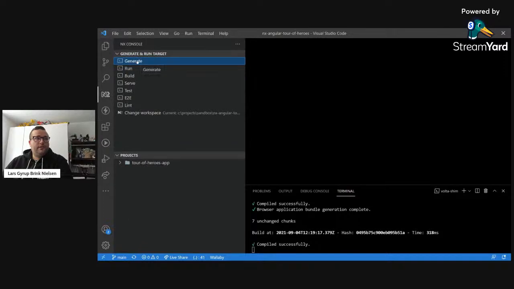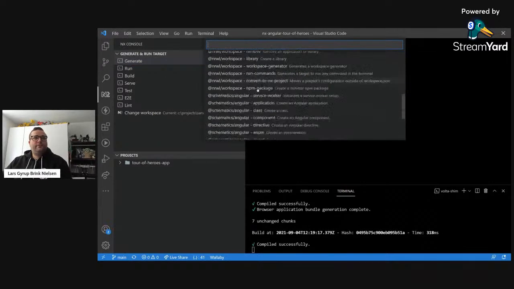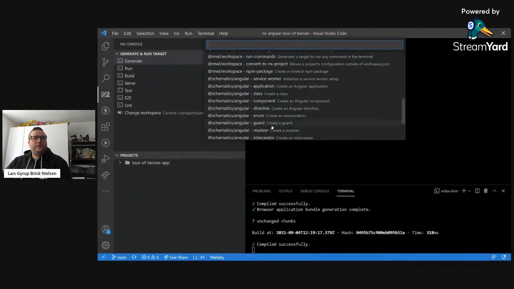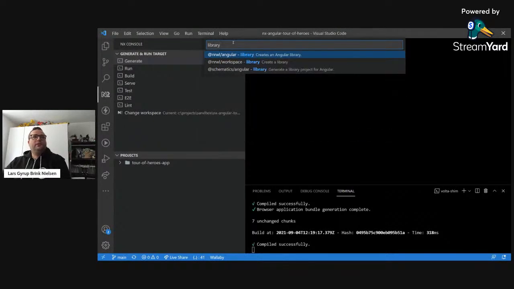So this is where the first thing from NX is going to help us. If we're using here the NX console extension for VS Code using the generate command. So here we have all these schematics, the Angular ones, or they're called generators in NX. So let's look for the library. There's the Angular schematic. The library schematic will produce a